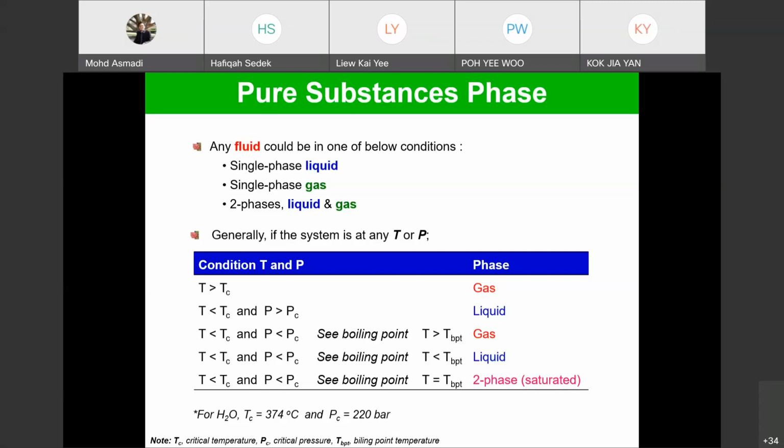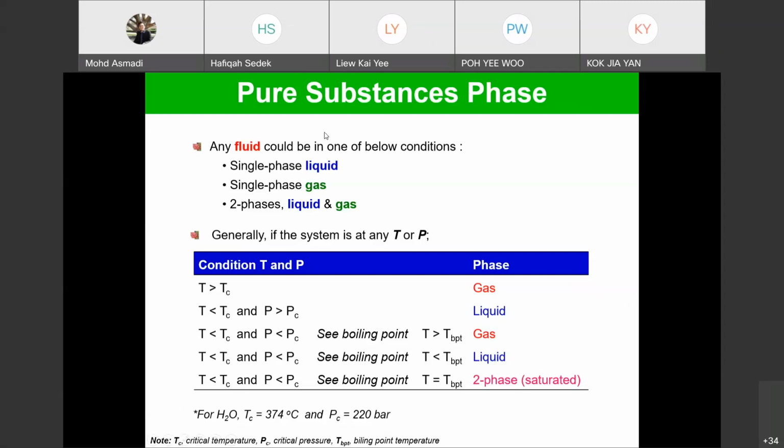Similarly, if you want to calculate the value of, like, the volume for a two-phase system, liquid and gas, like the heat, there we also have to use the liquid equation. Because when it is in two phases, some of its components are in the liquid and some are in the gas. Okay. So generally, if the system is at any temperature or pressure with T more than Tc,